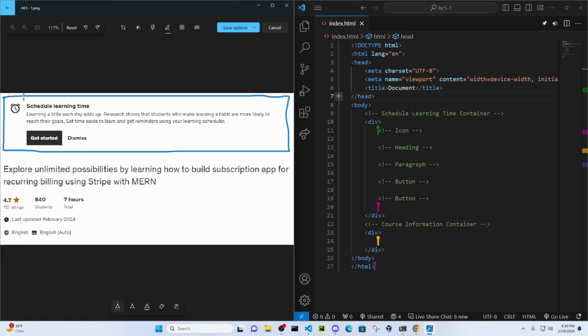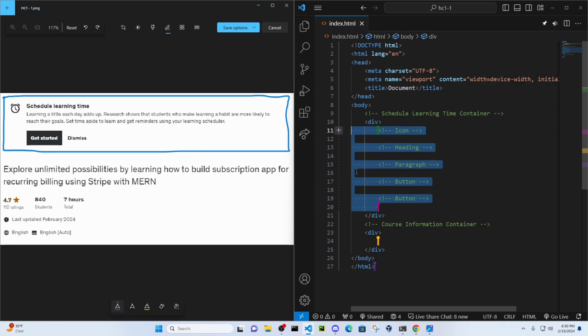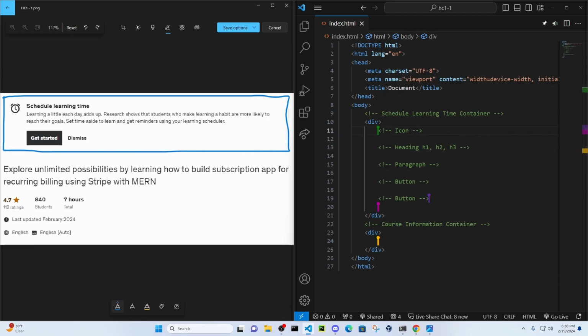But for now, let's just code everything up the way that it is. All right, everybody choose one of these elements. At least the people who are in the code editors, feel free to grab an icon. Just use an image tag for now. Heading, which you can use in H1, H2, H3. I would say, since this isn't the main heading of the page, definitely don't use an H1. Someone go ahead and write the paragraph, someone go ahead and do the button, and someone go ahead and do